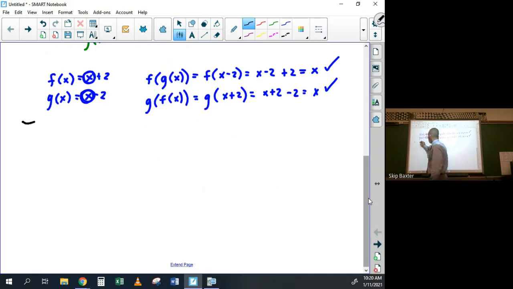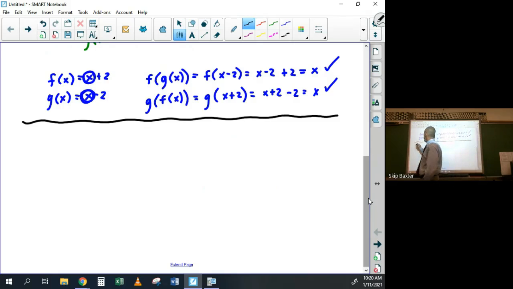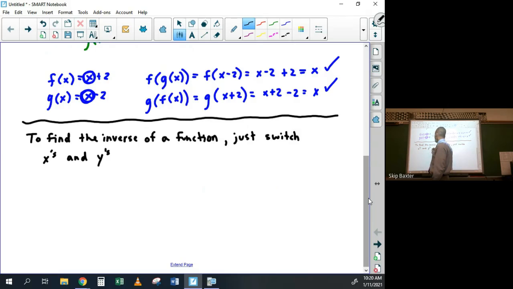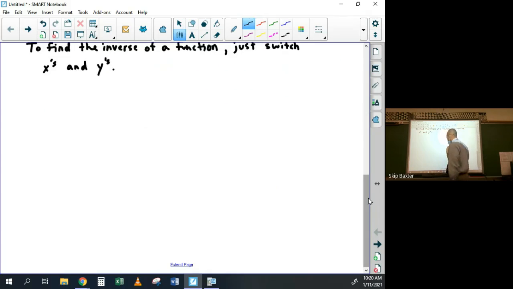So, find the inverse of a function. You just switch x's and y's. That's all you do. So, for example, if the function was just a collection of points,